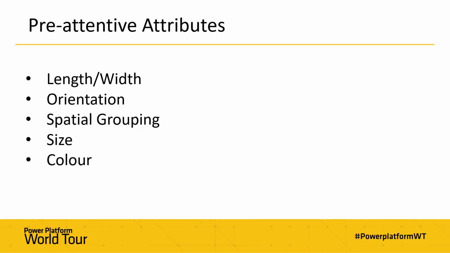Orientation, whether it's vertical or horizontal. Spatial grouping, so for example, if you're looking at a scatter plot, all those points that are clustered closely together, people perceive as being similar in some way, which they are because those two measures have similar values, at least relative to each other. Size, so if you're using bubble charts or map charts, then you can potentially use the size of those bubbles to indicate data points that have a higher value. And color, kind of what we've looked at.